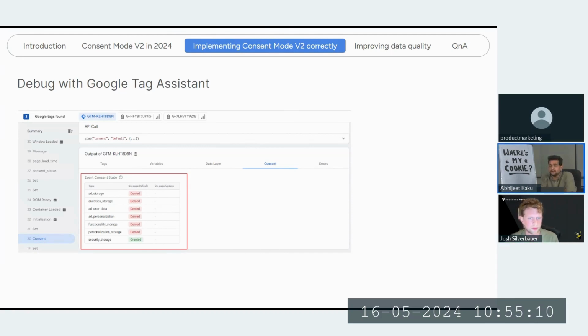And to add on to it, we also faced a similar kind of situation where the consent mode was implemented and the data was also flowing, but a quick audit is needed to check if the implementation is correct or not. Without debugging, we'll not be able to understand what exactly the requirement was and how to solve for it. So a quick audit of the implementation is an equally important part. Whatever method you choose, it has to be perfect, and the data has to be correct. Whatever we are trying to capture has to be on point.